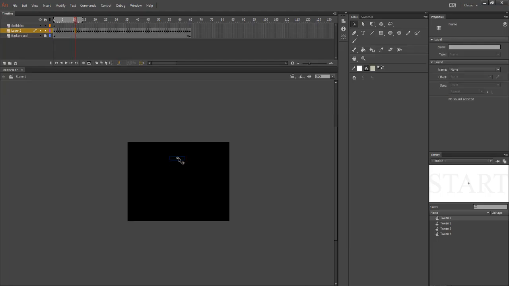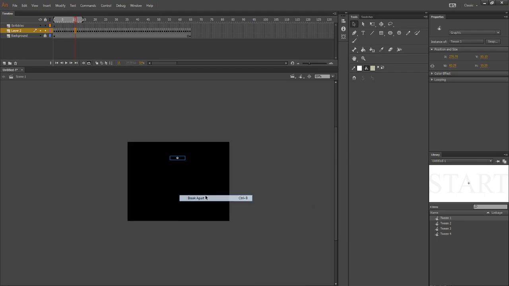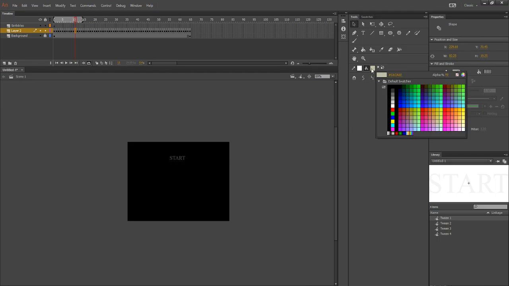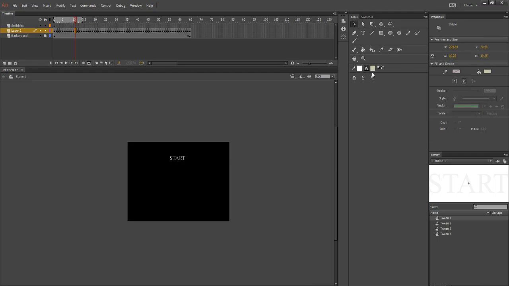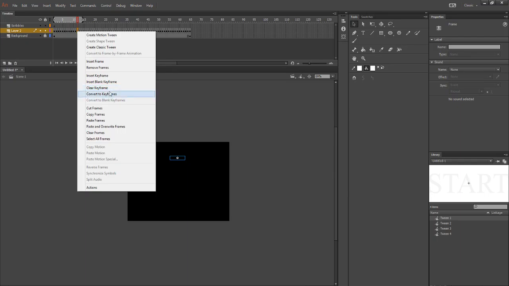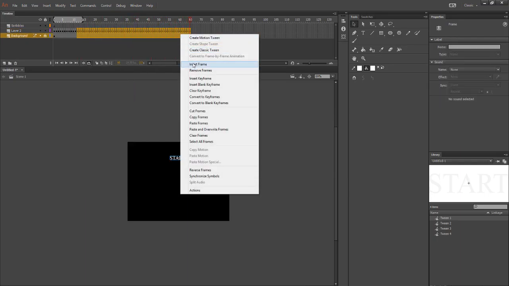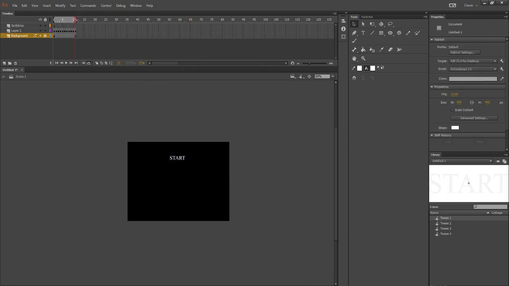Okay. So this one, let's go ahead and break apart. Break apart. You are going to be 100 and you are going to be white. Okay, cool. And from here, let's just go ahead and remove all those frames.